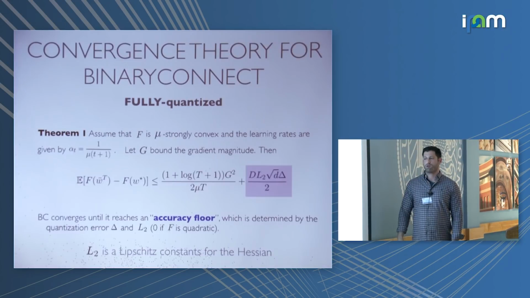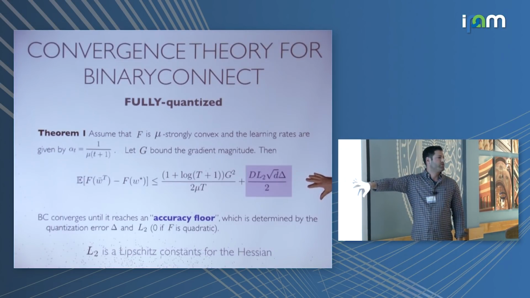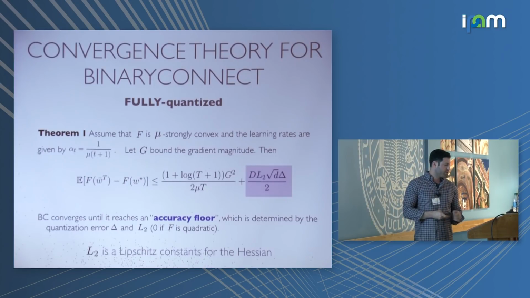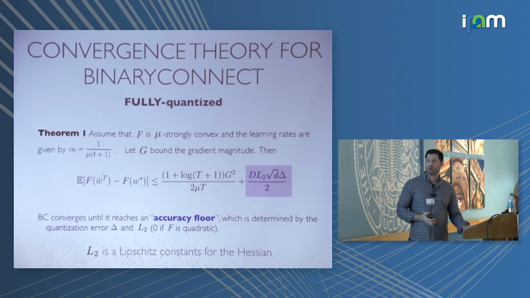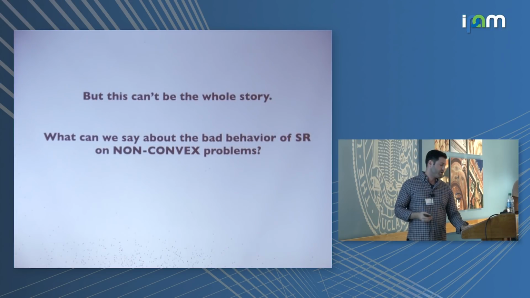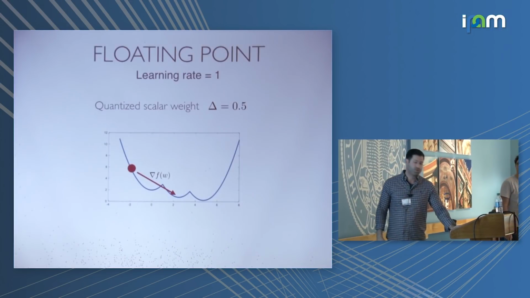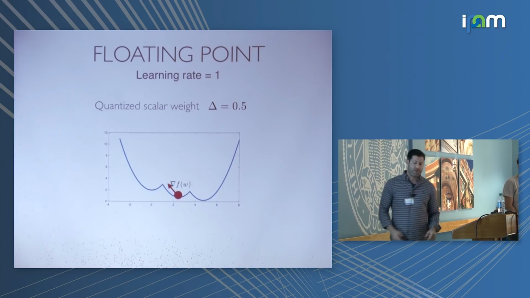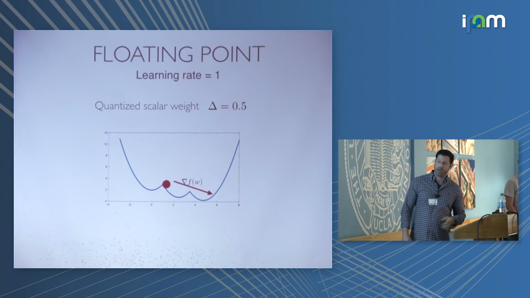With the binary connect algorithm, we can prove exactly the same results. You converge with linear speed up to a noise floor, and that's pretty much it. So we get the same results under convexity assumptions for both of these algorithms. That doesn't explain why one is so much better than the other. And to understand why one is much better than the other, we have to look at the dynamics of these